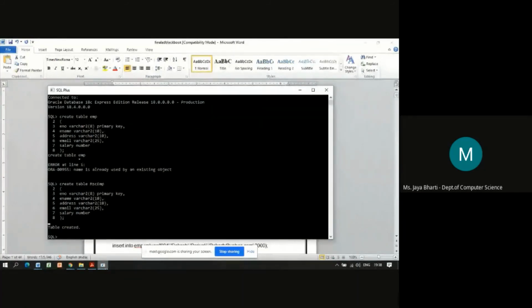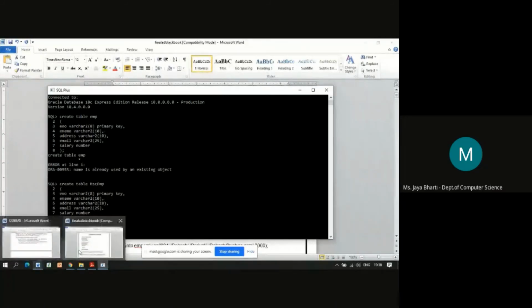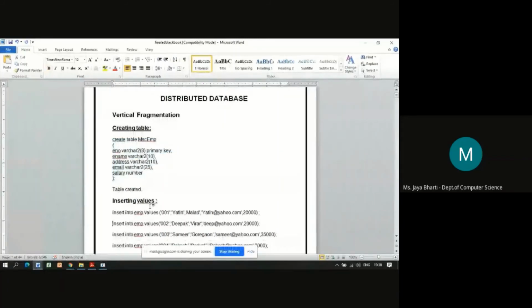The table has the fields employee number, employee name, address, email, and salary. Now you need to insert the records into it. Which are the different ways you can write the insert queries? Can anyone tell?